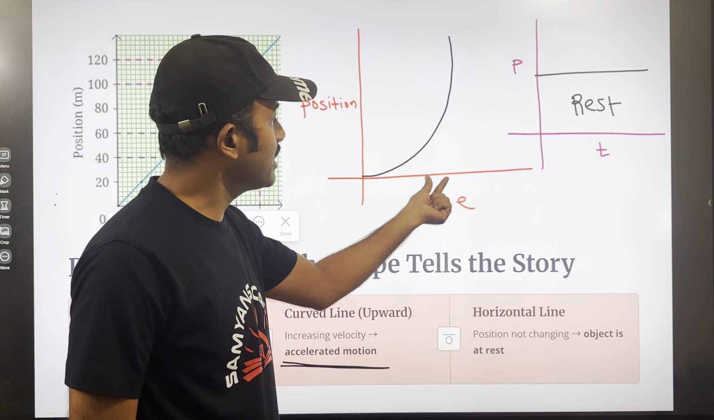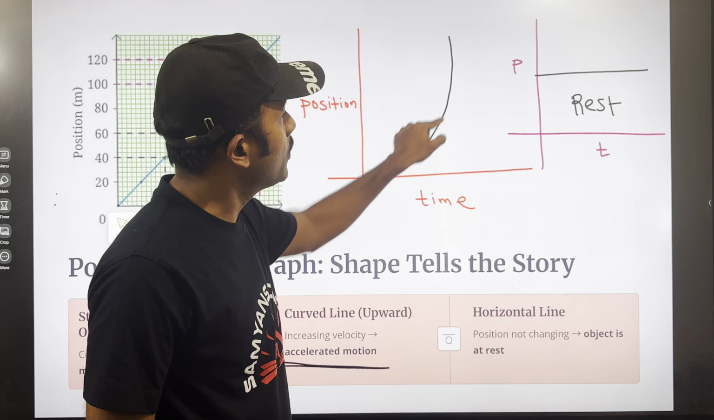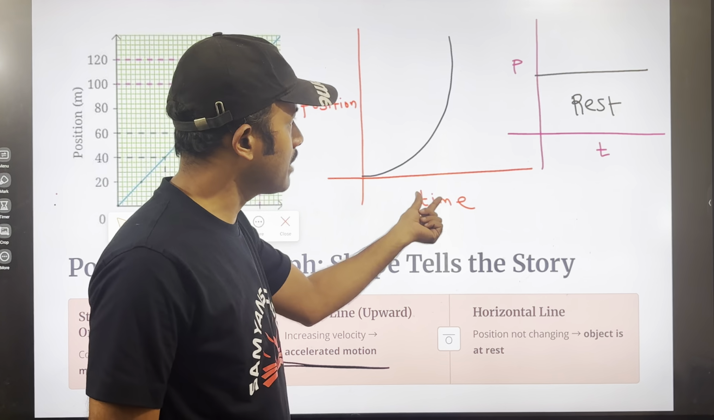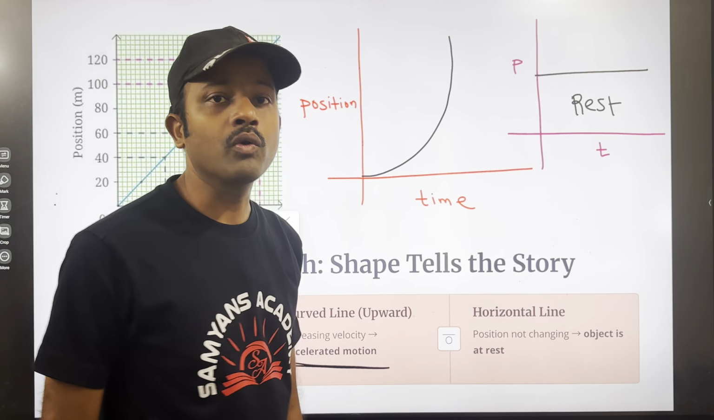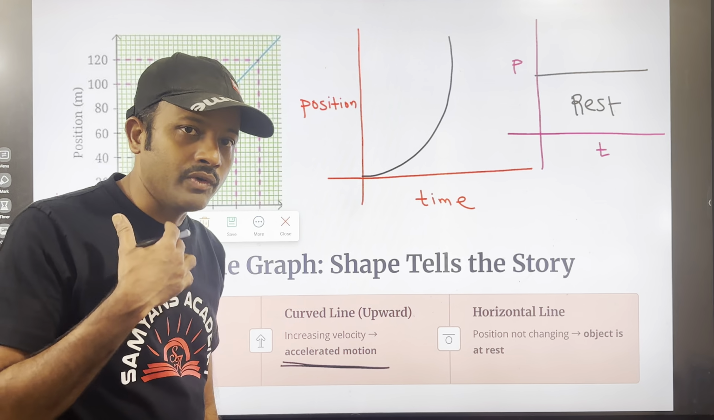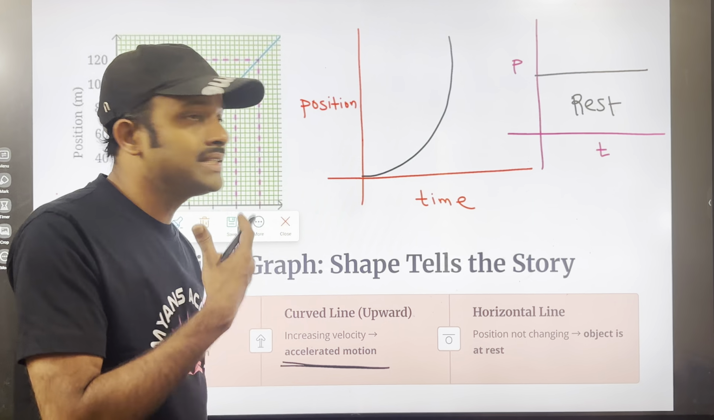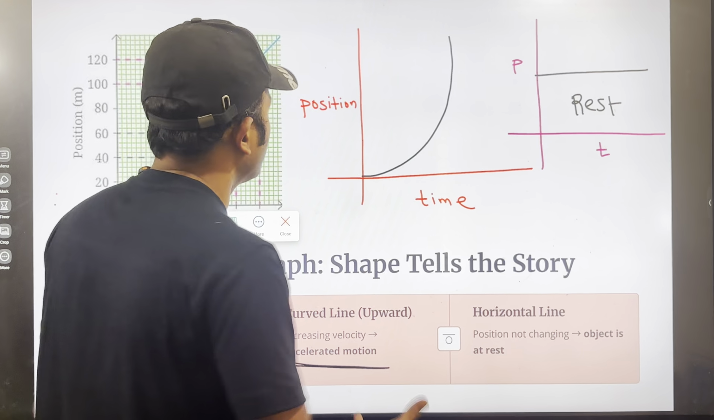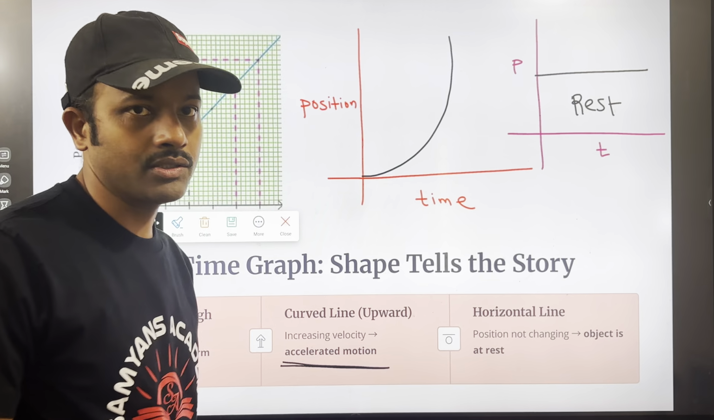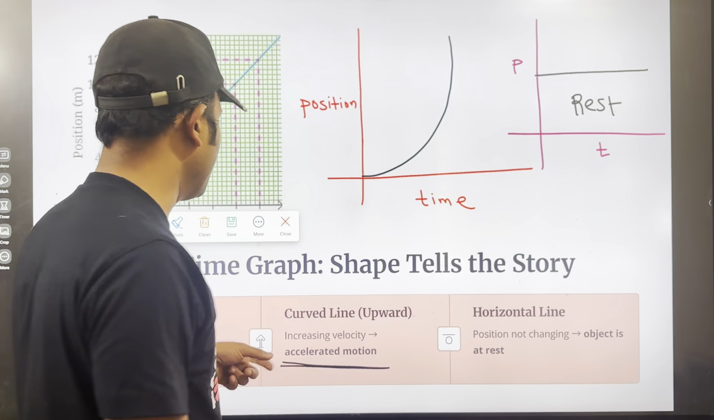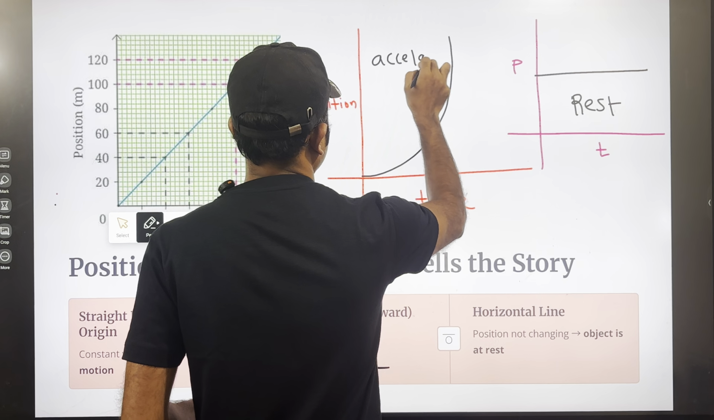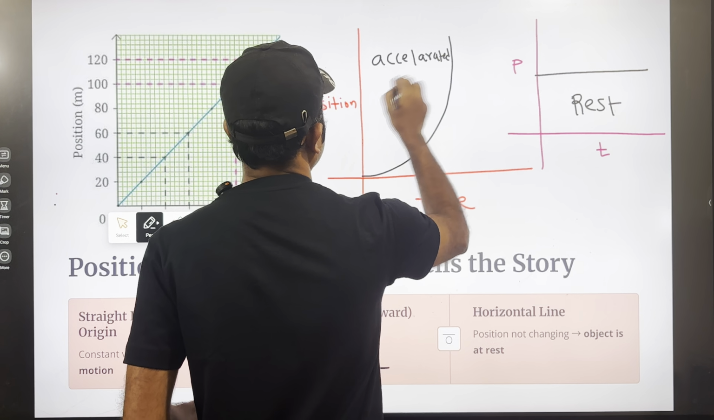In a small time interval, you're moving more distance. Means within a small gap of time, your vehicle is moving more distance, which means your speed is increasing, right? So when this graph is bent towards the position axis, your speed is increasing. That means you are accelerating. So this indicates accelerated motion,